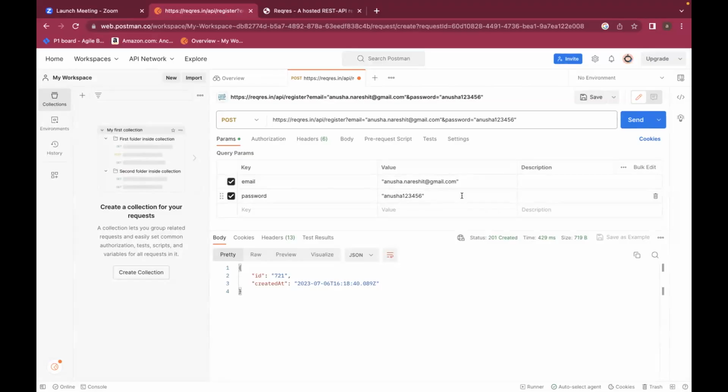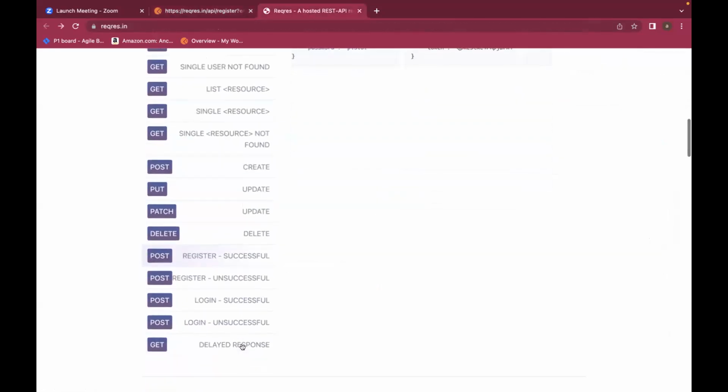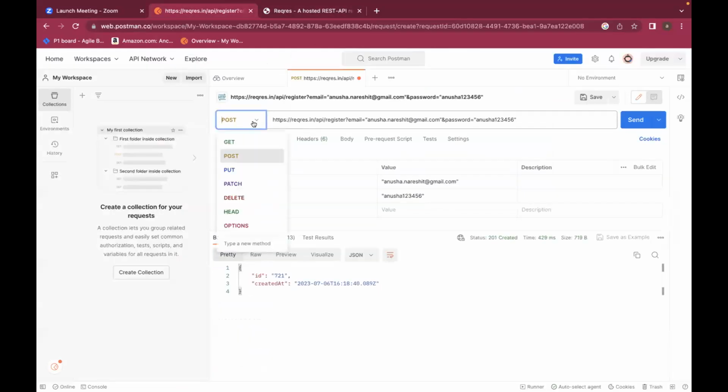She is passing some parameters. HTTP request method: did you all select POST in Postman? In Postman, did you all use the request method as POST? Exactly. Next, what will you do? You have your endpoint. You know what your HTTP request method is. You know what your payload or parameters are. What will you do next? Click on send.